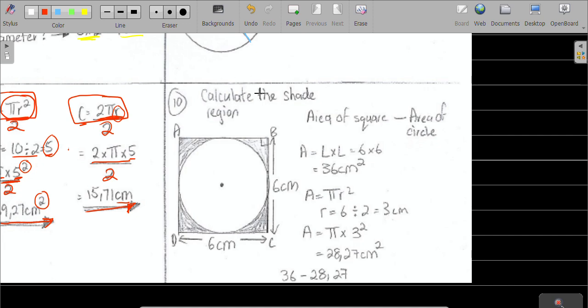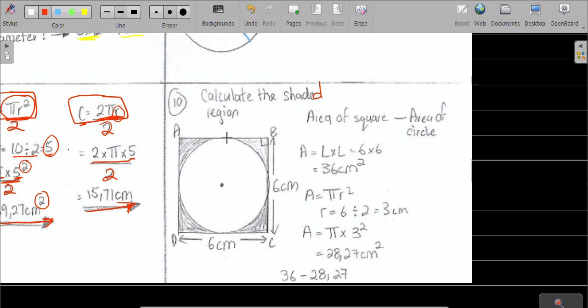The question is to calculate the shaded region. So it's asking us to calculate this area over here, this area, and this area. And we can see that this is a square because the sides have the same length and there's a 90 degree angle. So this is going to be a square, and they are asking us to calculate